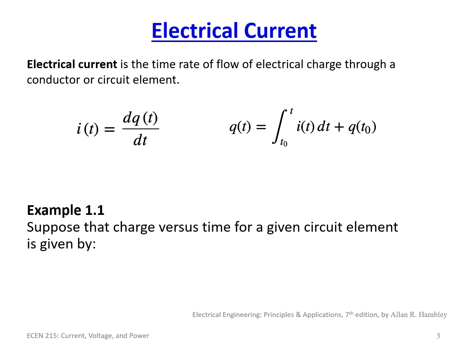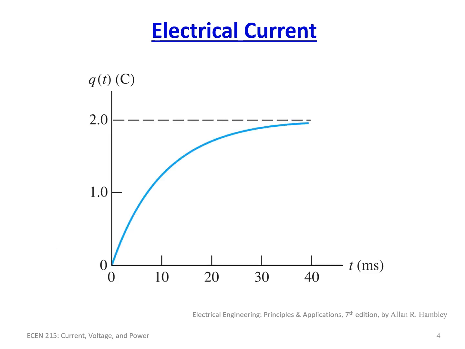Let's do a quick example. Suppose we are given the charge versus time for a certain circuit element as given by this graph. q(t) in coulombs starts at 0 coulombs, then follows an exponential curve, asymptotically approaching 2 coulombs as time goes on, from 0 milliseconds up to 40 milliseconds. We can represent that